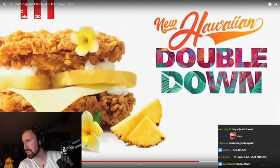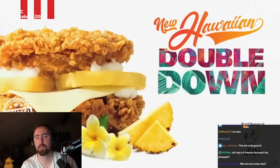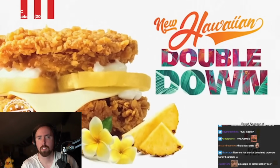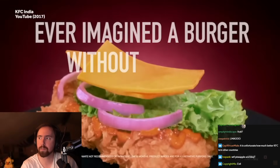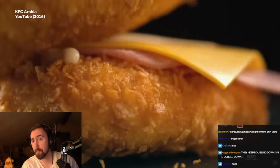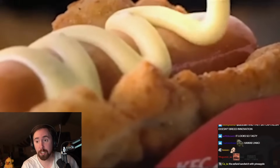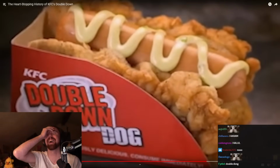So a Hawaiian Double Down, which included a slice of pineapple and barbecue sauce, and was only available in Singapore and never in Hawaii. KFC even drummed up some halal-friendly versions of the formidable sandwich that replaced the bacon with strips of turkey or even more chicken. And let's not forget the Double Down dog, a hot dog wrapped in a chicken fillet and then...